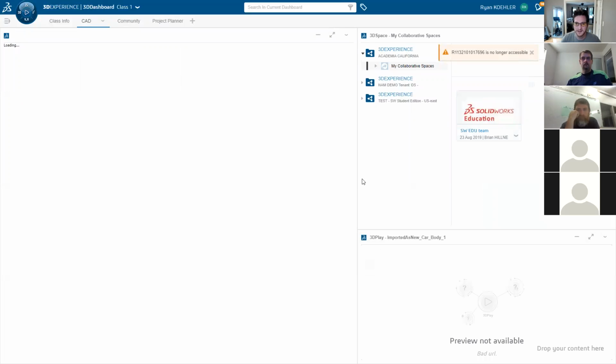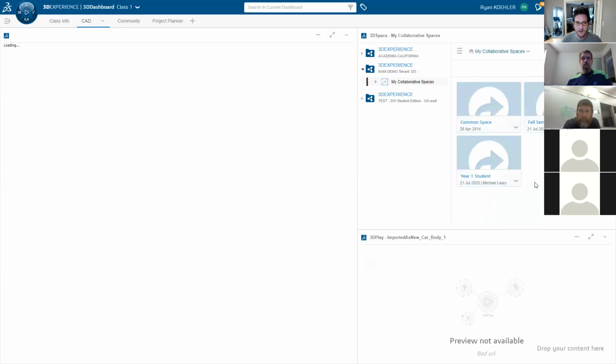CAD's probably the most important thing here. So this one I created, I got our CAD on the left. I have our 3D space right here. 3D space is where we save all our CAD files. And at the bottom right here, I have this thing called 3D Play, which is a great way to quickly take a look at a part, open it up, and take a quick view, just like you would do in eDrawings. So if I were to go into, let's see, this one, fall semester with Mike Leary,